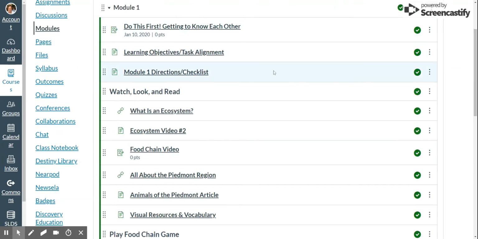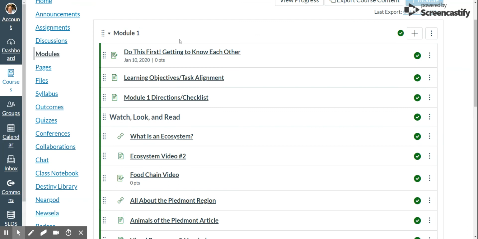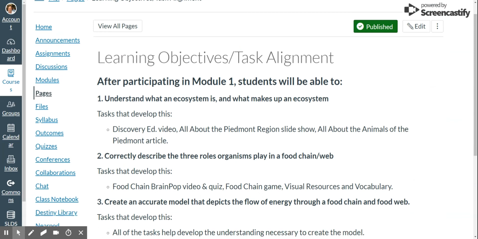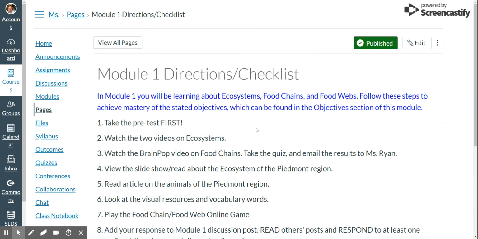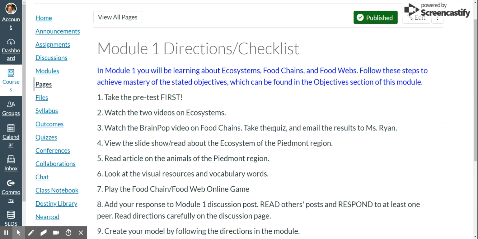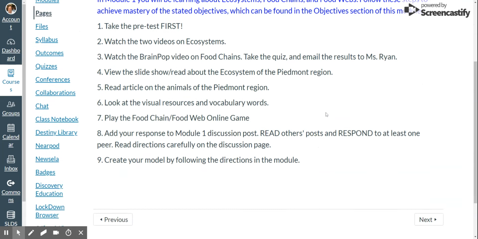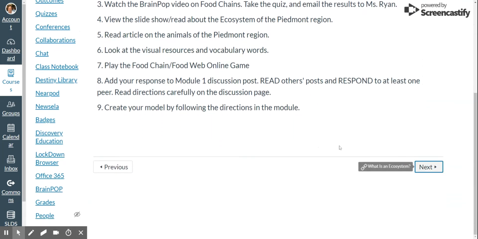this is my view. So you'll see, once again, do this first. That's the getting to know each other. And then the learning objectives and the task alignment is there. And the students can just click through each one of these pages. Here's the directions in the checklist. Now it says to take the pretest. And then when they click on next,